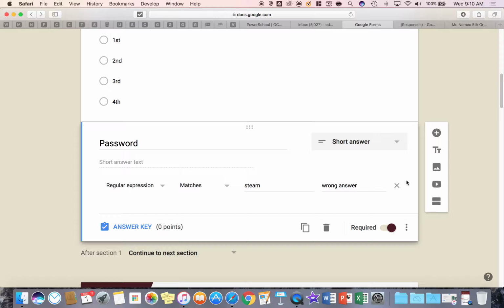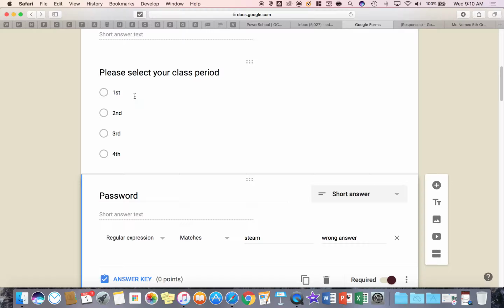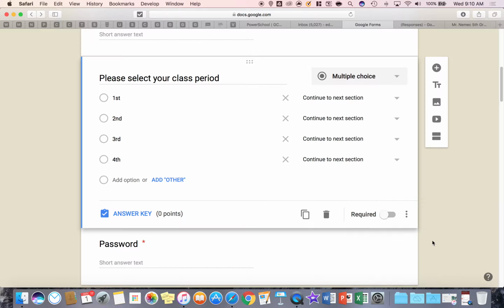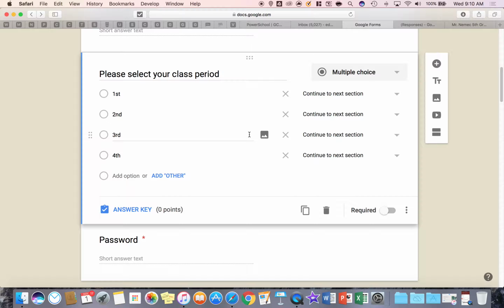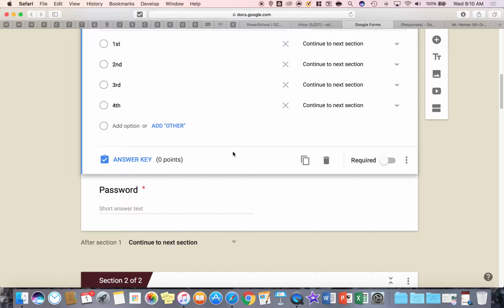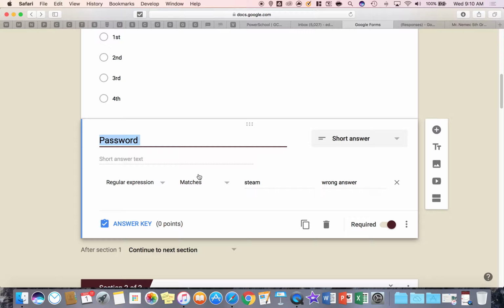Another way to use it, and it was a great discussion with a teacher in a training session, and they said, well, what if we did your idea of going to section based on answer, and we make a different test for each one of these class periods so that it's not the same quiz? And what would stop a student from going back during the Google Form quiz and taking the other version of the test? And so I suggested you use the password function, and then after 5 minutes, when the students are